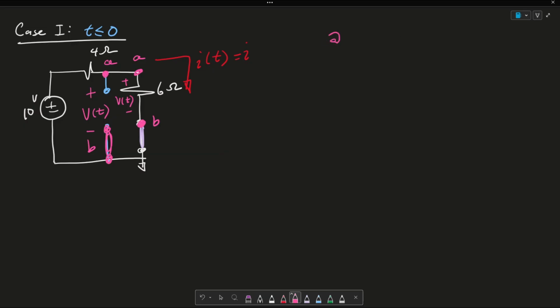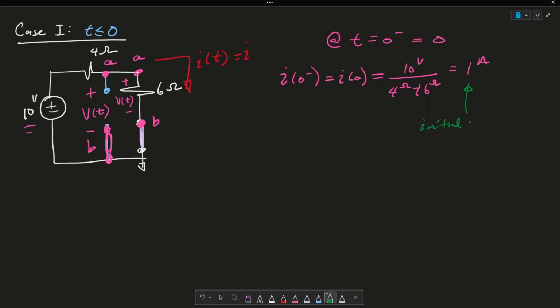So then what can we say? We can say that at t equals 0 negative, or basically just 0, i(0 minus), which is equal to i(0), or my initial condition across my inductor, this component here, is equal to 10 volts, which is my voltage source, divided by my equivalent resistance, so 4 ohms plus 6 ohms. So essentially this is 1 amp. Note that this is the initial current through